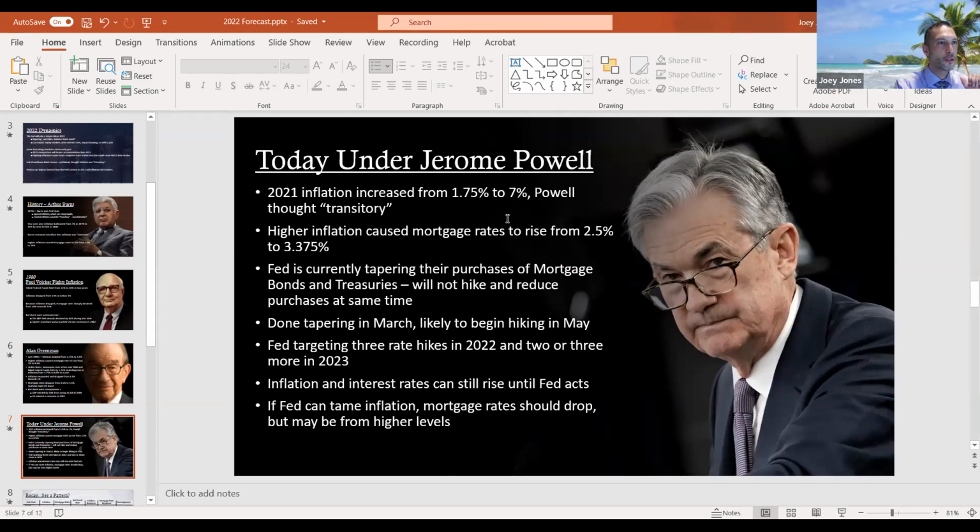All right, Jay Powell, Mr. Jerome Powell. Okay. Again, he thought the inflation was transitory, and rates jumped. They're currently tapering their purchases of mortgage bonds and securities or Treasuries. They say they're not going to hike and reduce purchases at the same time, but there's a Fed chair named